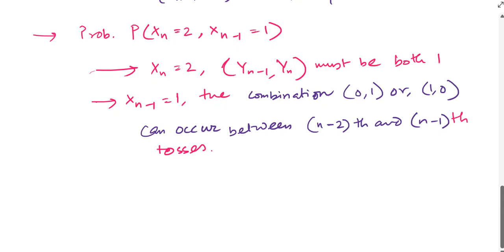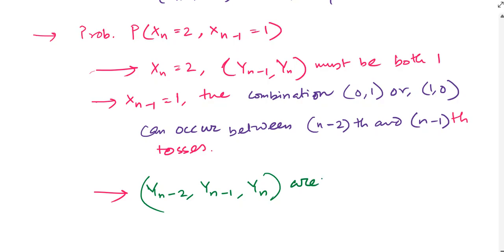Thus the possible sequences for Y(n-2), Y(n-1), Y(n) are what? They are 0 1 1 and 1 0 1. Okay, so the probabilities of these sequences are